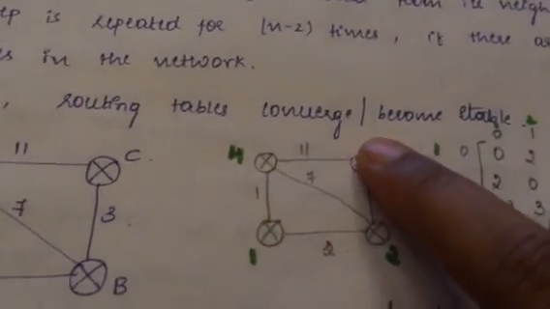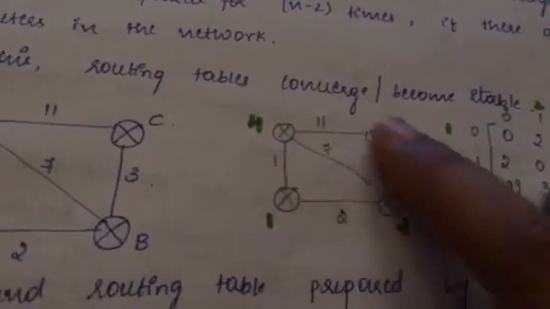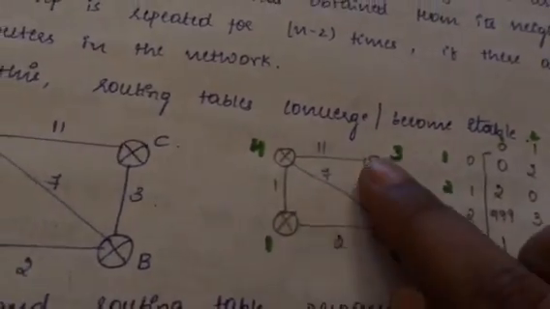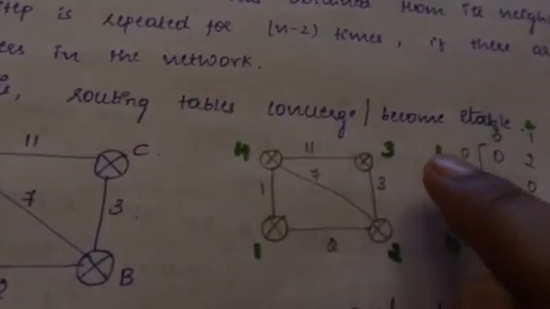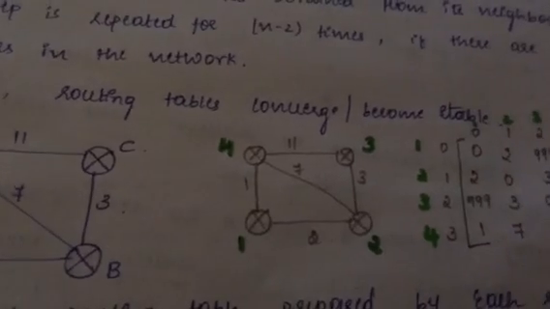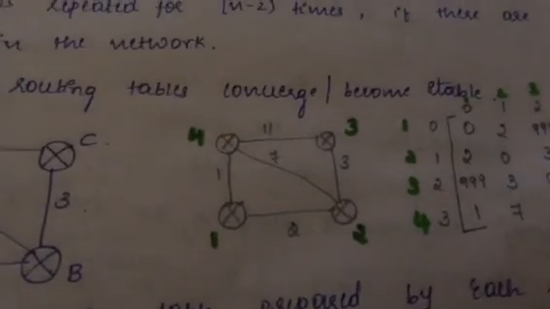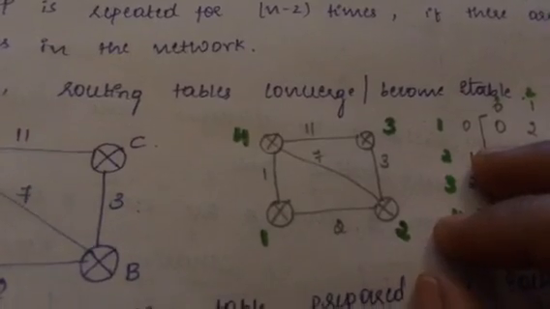From 1 to 3, you don't have a direct path, correct? You don't have a direct connecting line. You have via 2 and then reaching 3, or via 4 and then reaching 3. So there is no direct path. So when there is no direct link or no link, you have to take the greatest number as 999. In the theoretical part, we have studied infinity when there is no direct path. The same way here, when there is no direct path, I have to write it as 999.